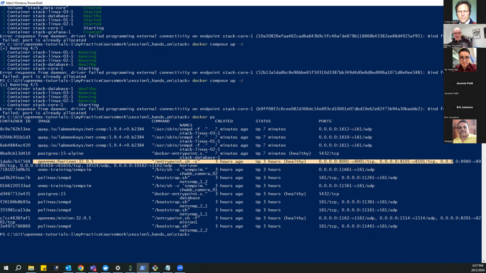Question is, from which directory have you started that one? That's probably running from your previous example. That means I should stop the other one first, is it? Right, yes. Through the Docker compose down -v.